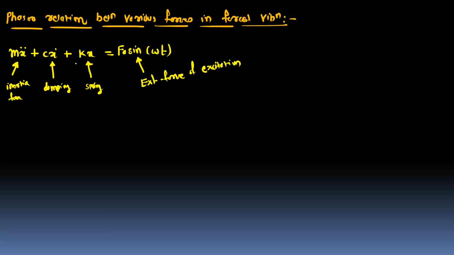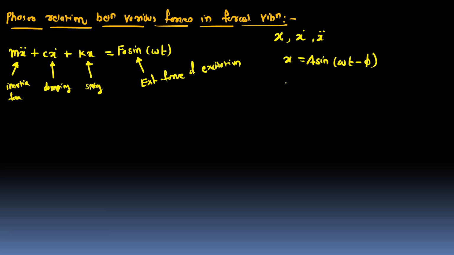So now in this equation, put the values of x, x dot, and x double dot in terms of omega. Okay. So we have the equation for x. This is equal to a sine omega t minus phi. So phi is basically a phase lag between the applied force and the displacement. Okay.